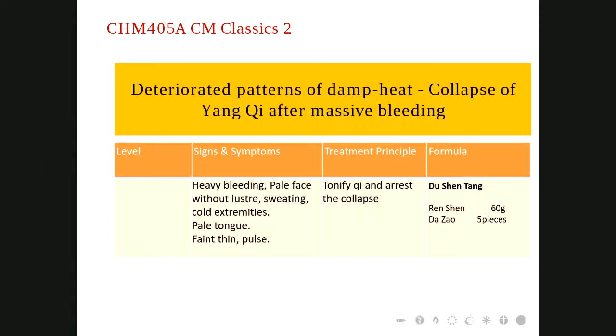Up to the stage of Zhenwu Tang pattern and Du Shen Tang pattern, they all end up in intensive care. That means if we are not working in the hospital, we don't have much chance to help manage it. Unless a patient is a family member, they refuse to go to hospital and they want to stay at home for the last chapter of their life, and you can have a try if you feel you're confident and brave enough. Otherwise, if you make more trouble, other family members can send you to court. So do be careful when the situation reaches this stage.